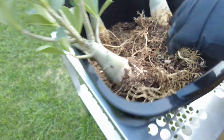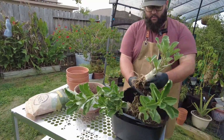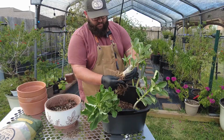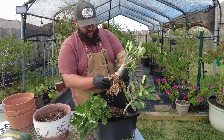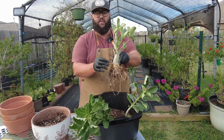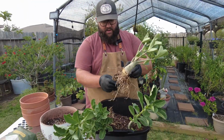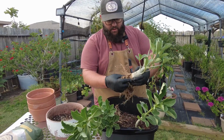That's the smallest one. I got this little guy right here. Just gonna try to remove most of the black soil, and then as I'm going through, I'm checking out the base of the caudex. This is called the caudex, and looking for any signs of rot or any signs of damage from the up